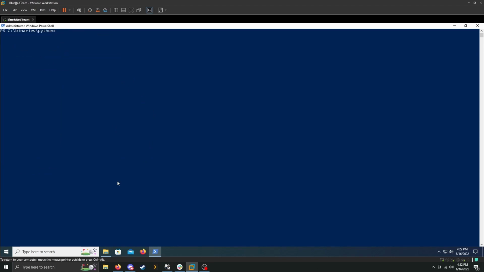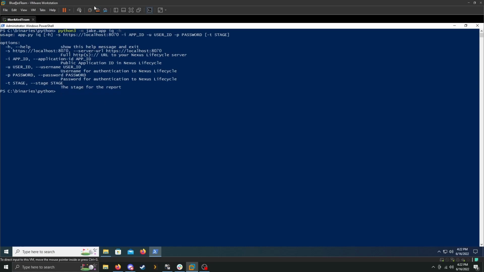The final scanning option uses your own Nexus Lifecycle environment. We can cover this quickly by typing in a very similar command to the DDT command, python3 -m jake.app, and then iq -h, so we can get some help information here. So this does require your own Nexus Lifecycle web page. It can require a user ID and password if that is necessary to log in to any Nexus Lifecycle environment. I'm not going to be covering this here, but it does have the same end functionality as the DDT command